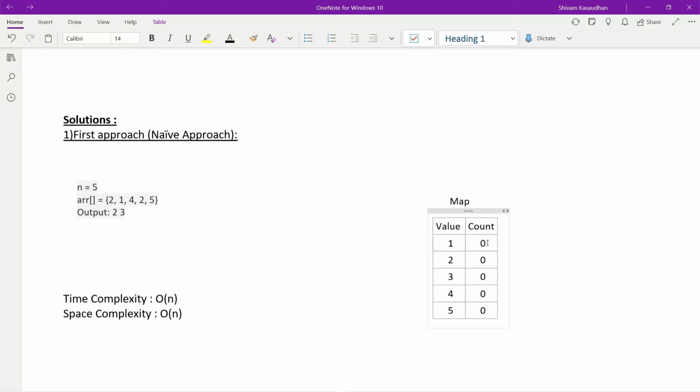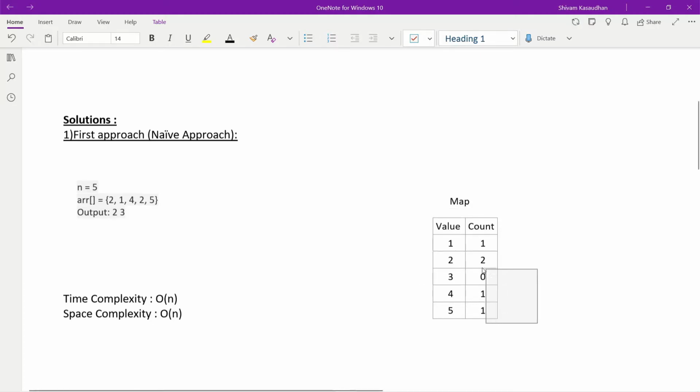So if we traverse this array and insert all the elements in this map, we can see the first element is 2, so it will come over here and increase by 1. Again there is 1 in the second index, so 1 will come over here and it will increase by 1. In the same way 4 will increase by 1. Again 2 is there, so 2 will increase by 1 and it will become 2. In the same way 5 will increase and it will become 1.